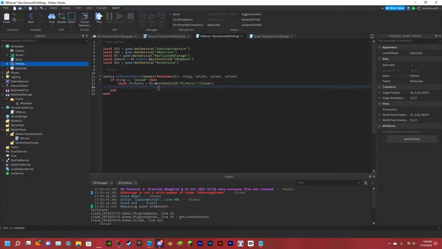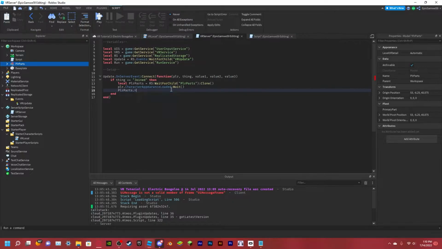So what we're gonna do is player.character appearance loaded connect function. Actually no, we don't need to do that. We do wait. So if you do wait, it just waits for when the character appearance is loaded. So then, now that the character is completely loaded, we do all the stuff, which is